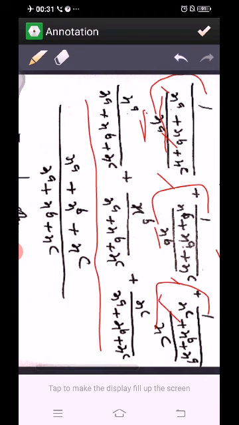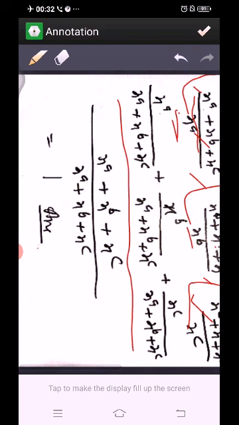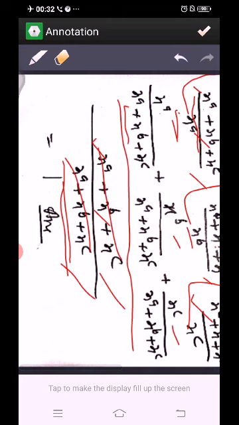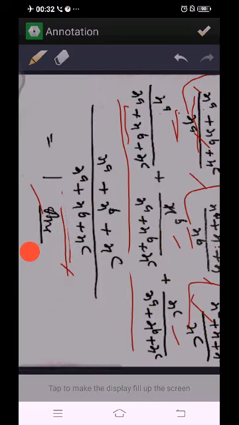After writing this, we can see x power a plus x power b plus x power c is the LCM overall. Now this divides x power this all, we get 1 into x power a, that is x power a. In the second part we get x power b, and in the third part we get x power c. We can see here the numerator and denominator are both the same, x power a plus x power b plus x power c upon x power a plus x power b plus x power c, both cancel. So we get here 1. That is our required answer.